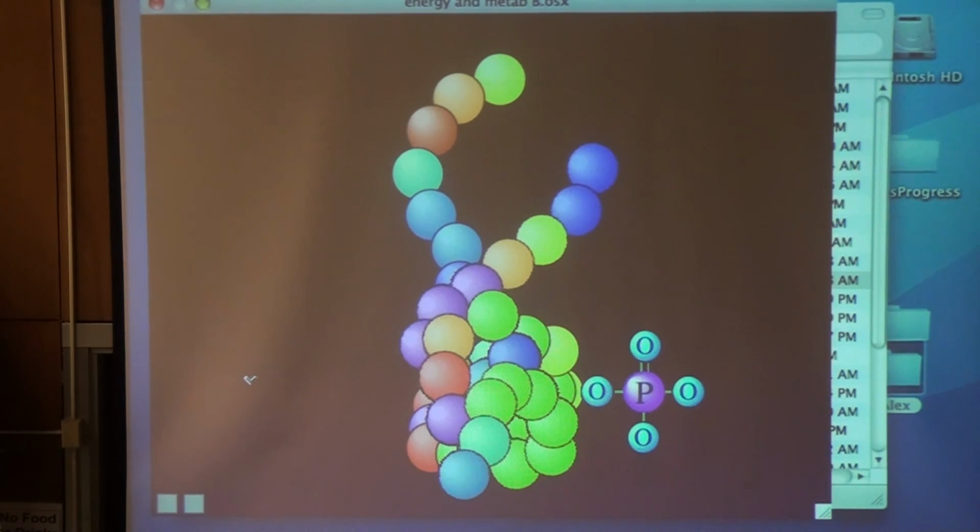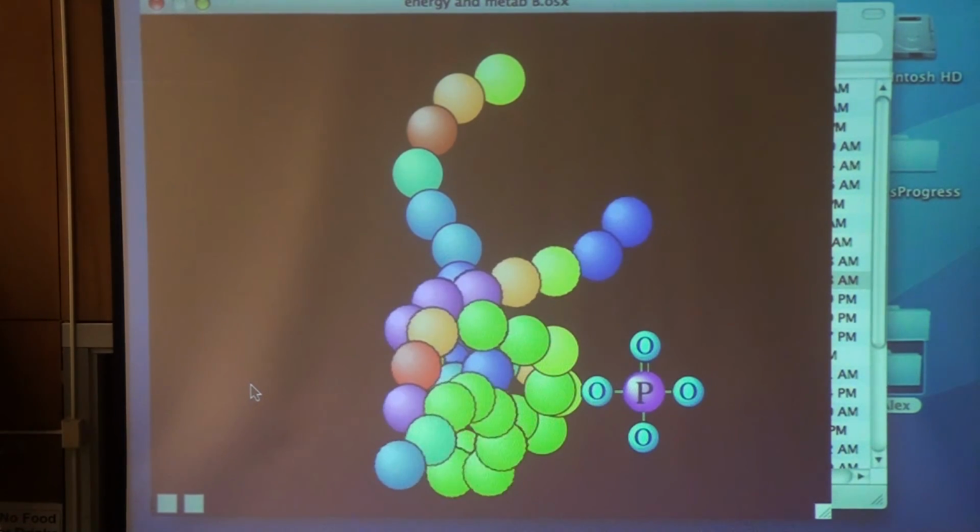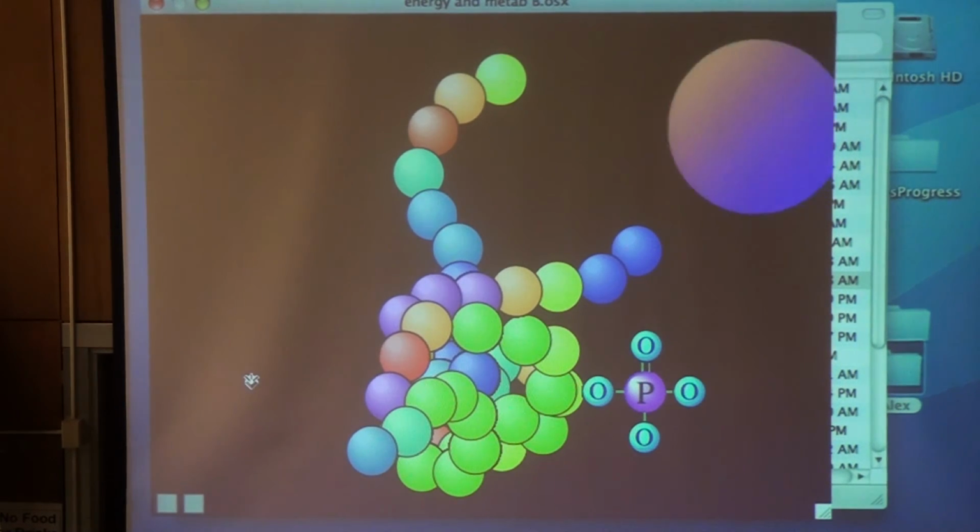And remember, phosphate groups are negative ions, and by changing the R group interaction, because now this one's going to have a phosphate on its R group, by changing the interactions of the R groups, the tertiary structure, the folding of the enzyme changes, and that opens up its active site, and now it's going to start being able to carry out its